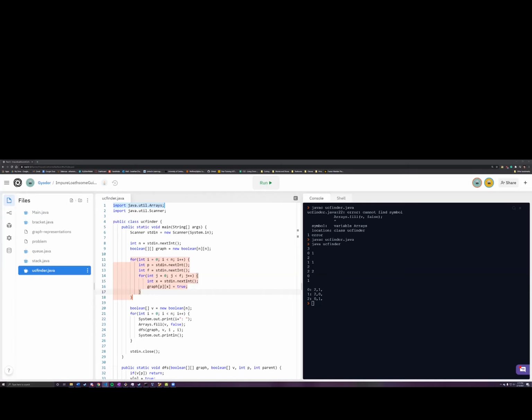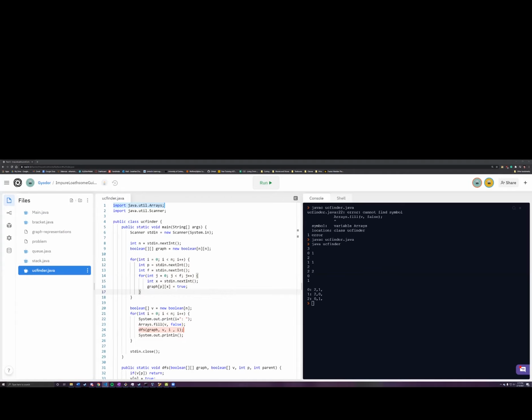So anyway, this is an n squared algorithm. This little highlighted part is n squared, so that means our problem is no faster than n squared. The outer for loop is n, and inside it, Arrays.fill is an O of n operation. That's another n squared thing. But let's see what DFS is, because if that's n squared, then the whole thing is n cubed. Does that make sense?